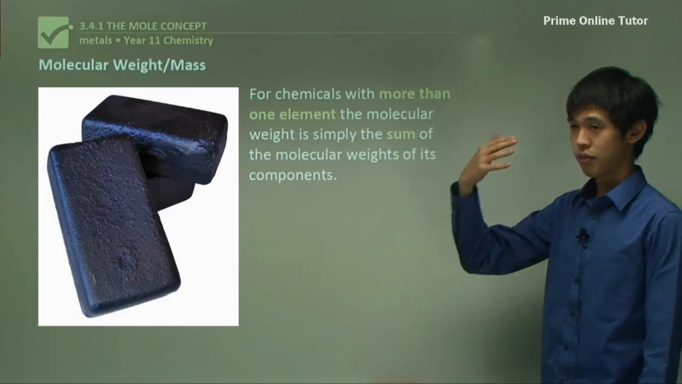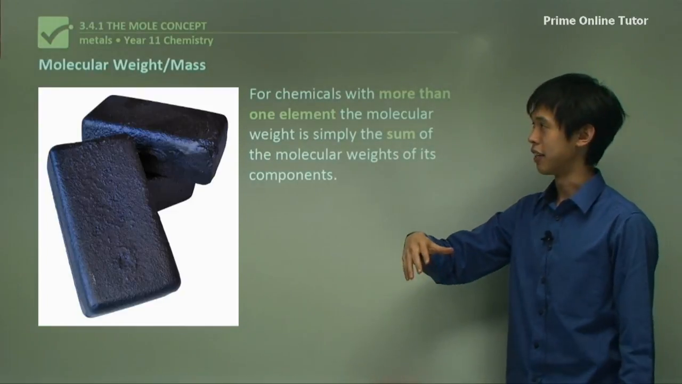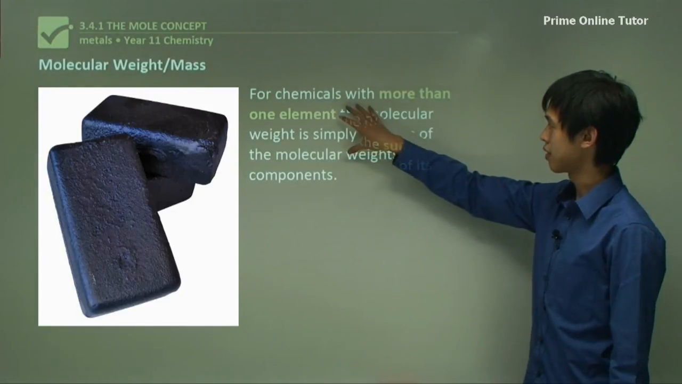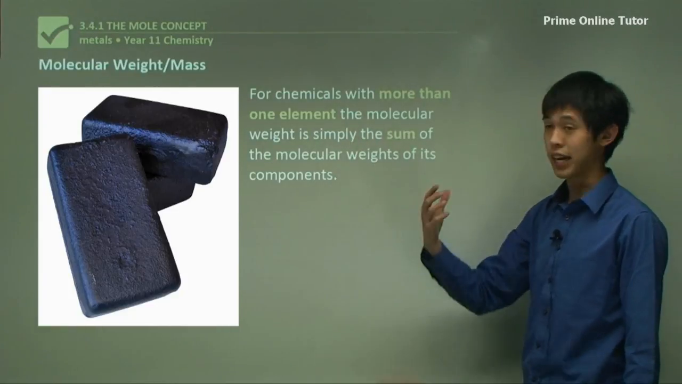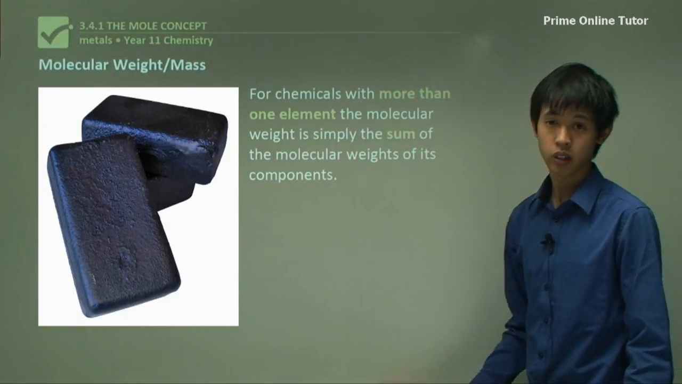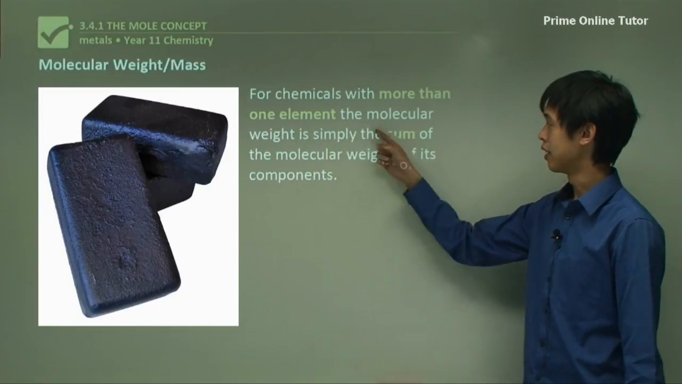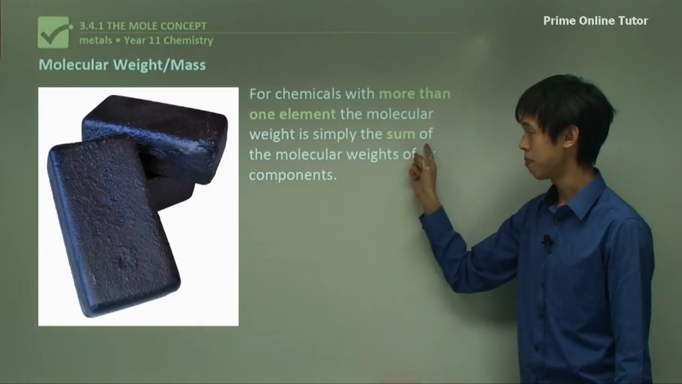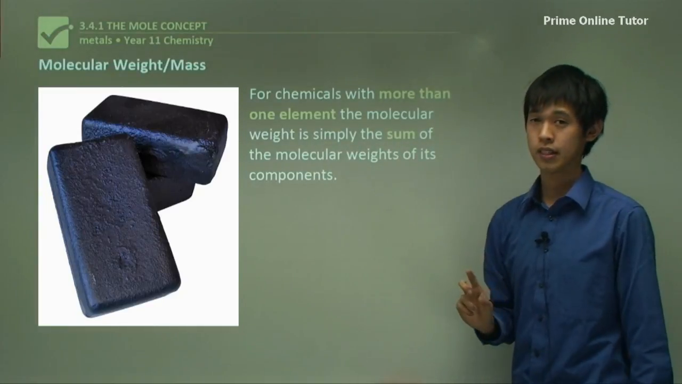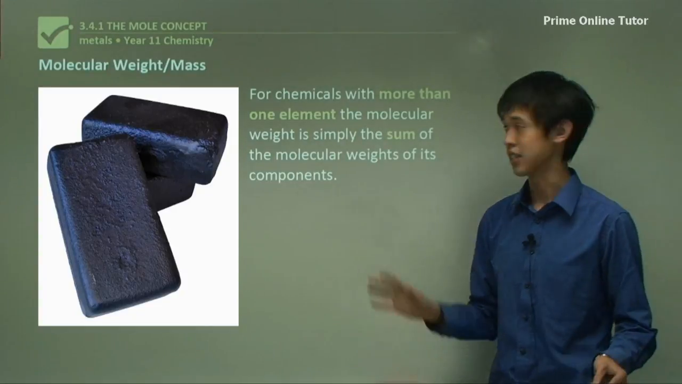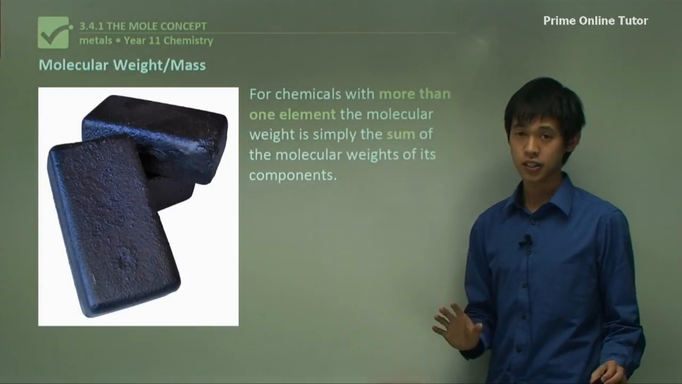So just continuing the concept of molecular weight and molecular mass, if we have chemicals with more than 1 element, like CO2 or H2O, stuff like that, the molecular weight is simply the sum of the molecular weight of its components. Okay, well, what does that mean? Oh, there's a lot of words there. So essentially what that means is